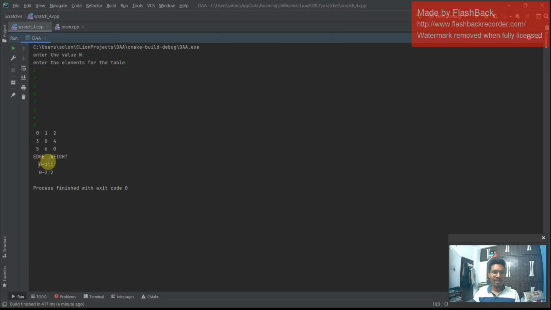When I give the diagonal elements as 0, you can check here that from 0 to 1 the weight is 1, whereas in the case of 0 to 2 the weight is 2. If you are going to check a 4 by 4 matrix or 5 by 5 matrix, and I give some random values without the diagonal being 0, like 1, 2, 3, 4, 5, 6, 7, 8, 9, 0, 1, then the numbers will be completely different. The diagonal elements are not 0 here. So we can check the comparison here, how it is differing.